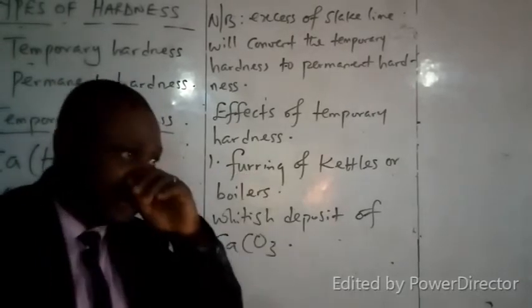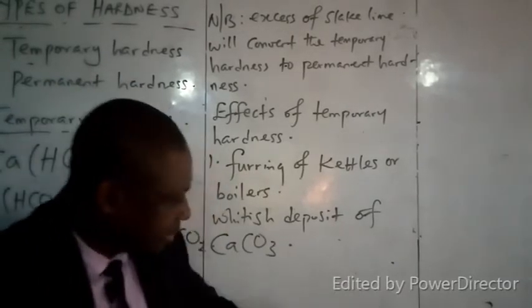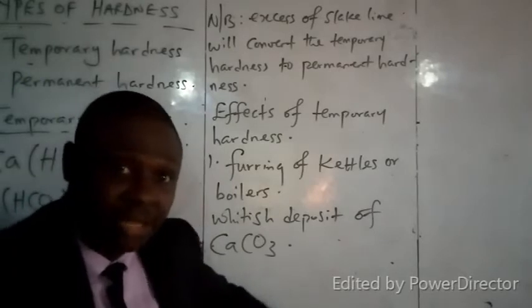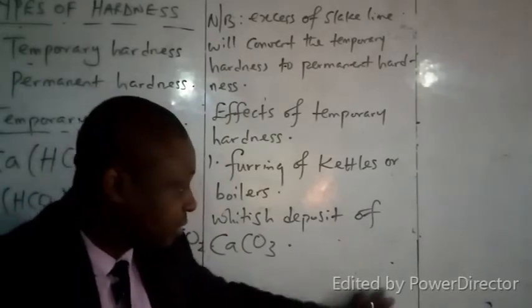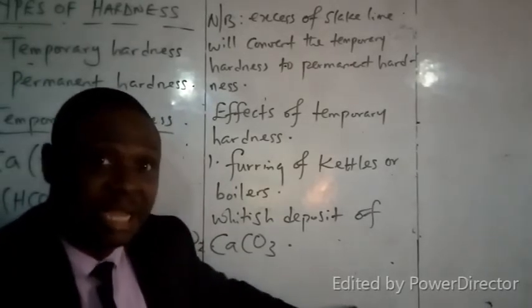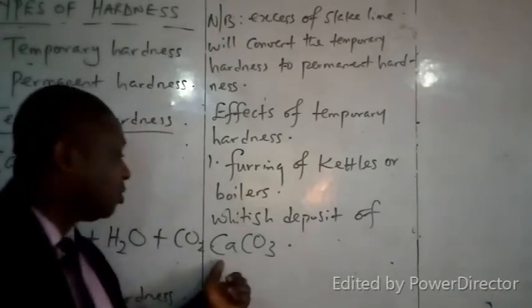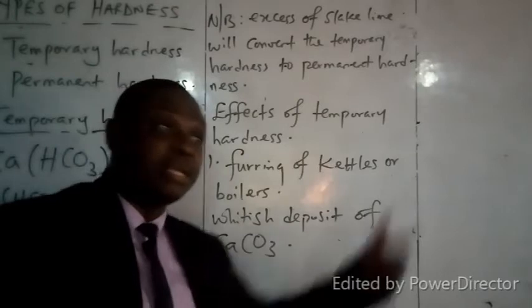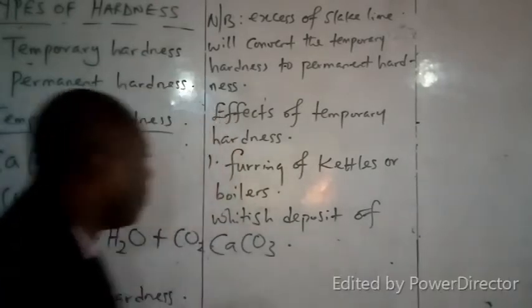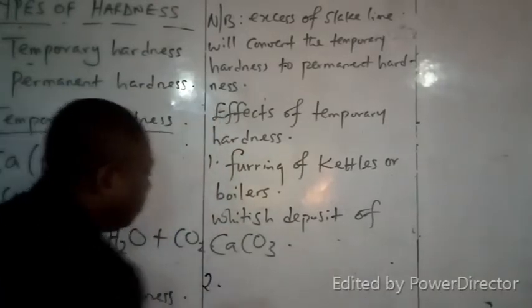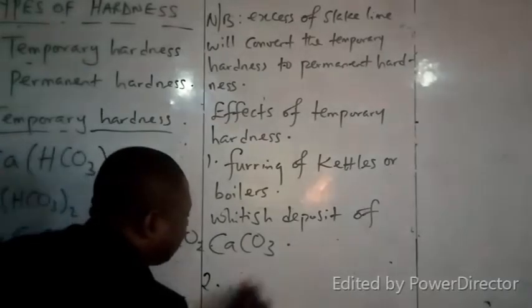That is, the furring is that it coats it such that it looks like it's rusting, like that of an iron, but it's not actually rusting. It's something that is just whitish on the inner part of it. So if you add water to it, if you are not very careful, this same calcium trioxocarbonate 4 will affect the next batch of water you want to boil. Now the second one we have is the formation of stalactites